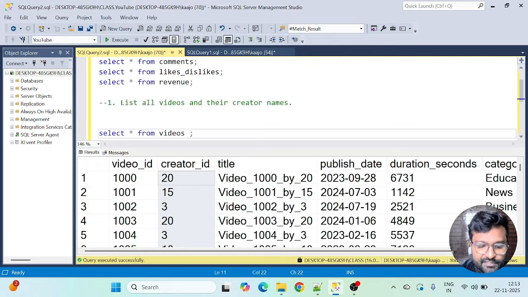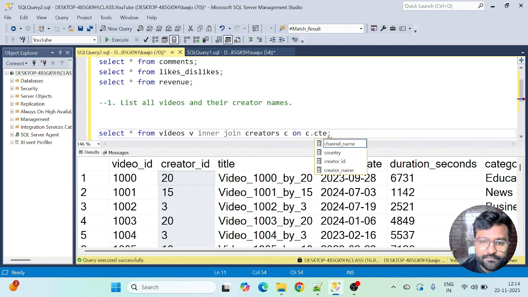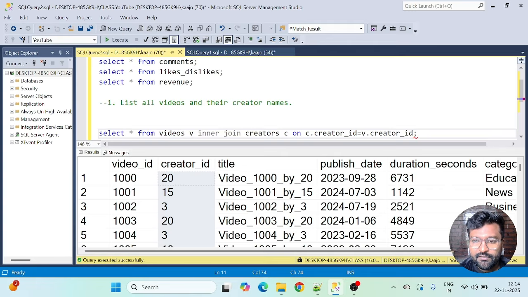I think this question is quite simple, as by looking at the question statement itself, it's quite clear that we have to join with the creator table here. Inner join creators. Let's give it C, and let's inner join here on C dot creator ID and V dot creator ID, right?